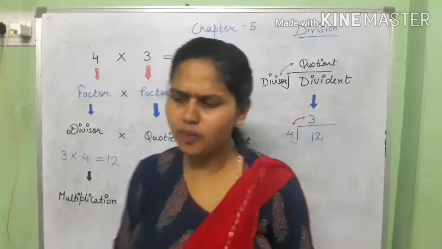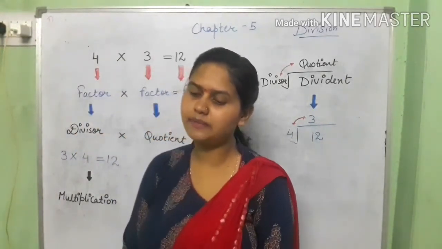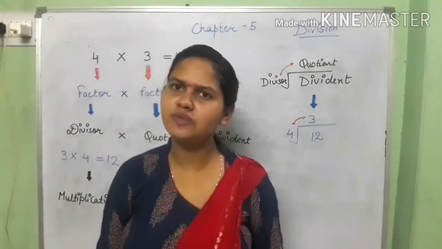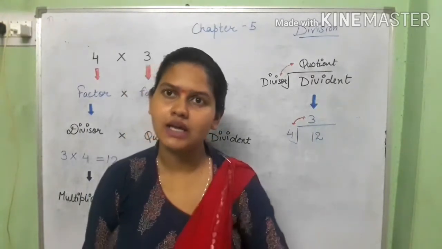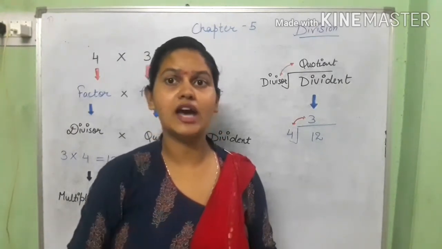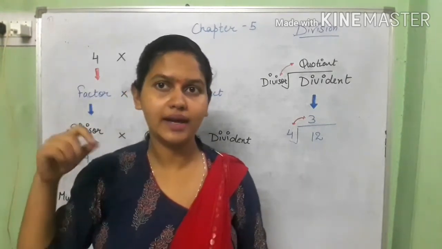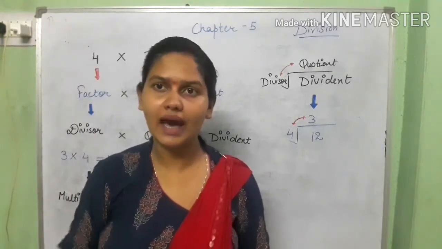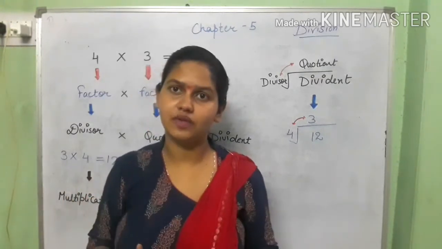In your book, multiplication and division are inverse operations. For every multiplication we have two division facts. Multiplication and division have two factors, which means two digits are compulsory. It's just like 3 4s are 12, right? And in the division we have to divide 12 by 4, and the answer will come. That will be the product in multiplication, but in division the product is known as the quotient.